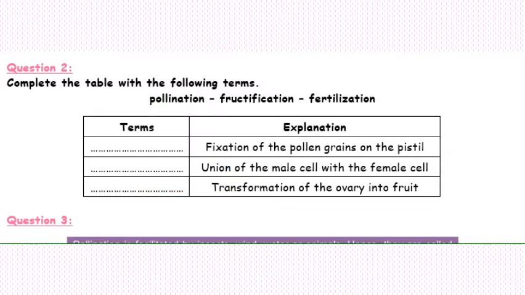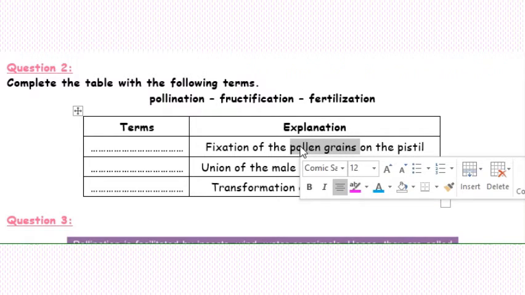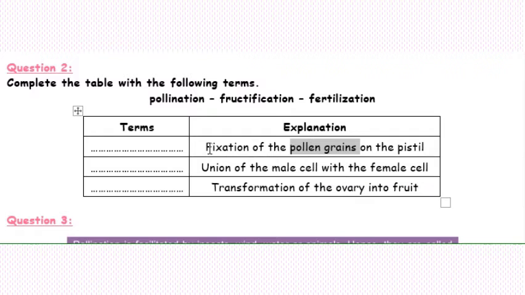Complete the table with the following terms: pollination, fructification, and fertilization. Fixation of the pollen grains on the pistil. What do we call when pollen grains are moved from the anther to the stigma? It's for sure the pollination process. Union of the male cell with the female cell. The process